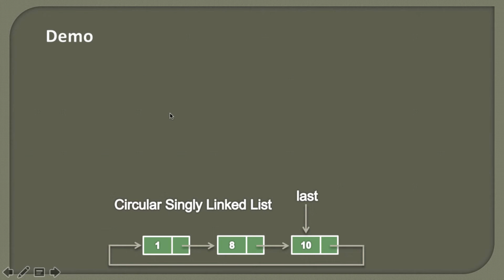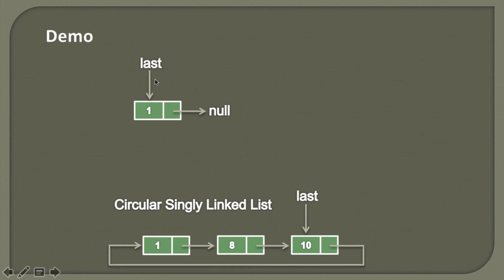So suppose we initialize a circular singly linked list. We know that the list is empty, so therefore last will point to null. When the list is empty, the last node is pointing to null. Now let's suppose we are inserting this node having the data as 1. It's a simple node having data as 1 and next is pointing to null. If we want to insert this node into the circular singly linked list, and as the list is empty, we'll simply assign the value of temp into last, so that last points to this node. So it would look something like this.